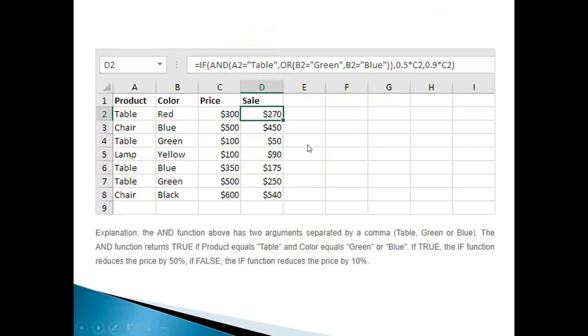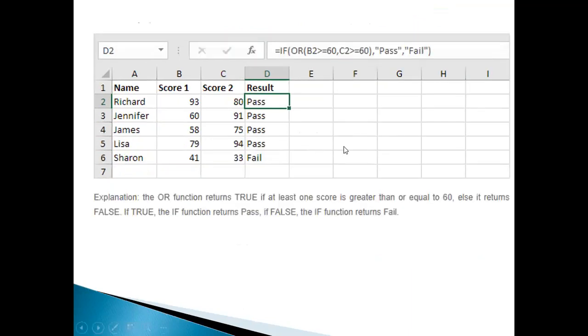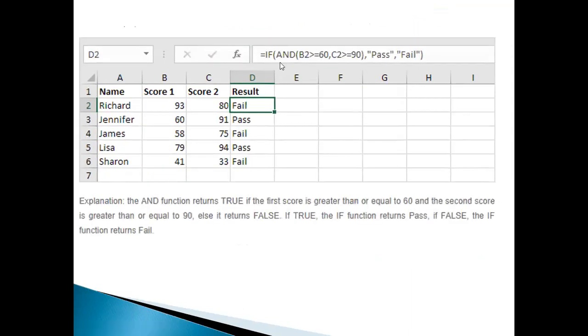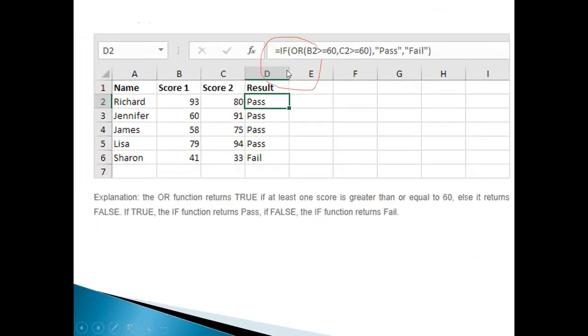So we have seen today how to use the IF statement, how to combine IF and AND. This is the AND statement we have used, and then how to go for the OR statement.